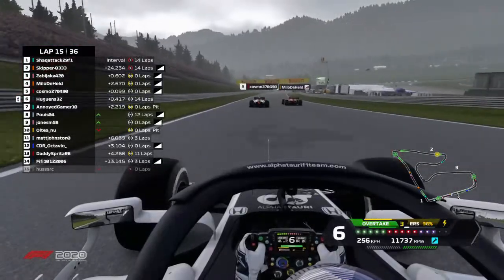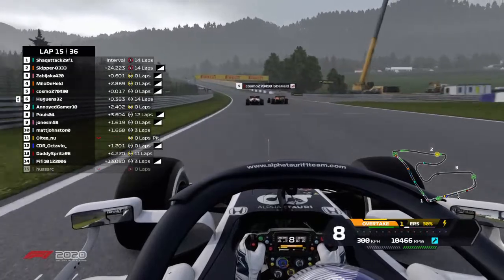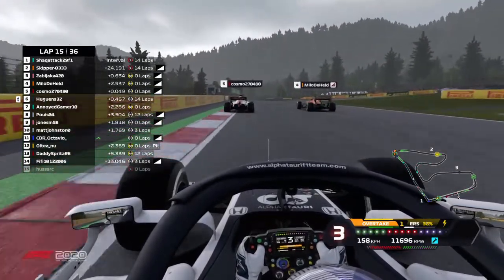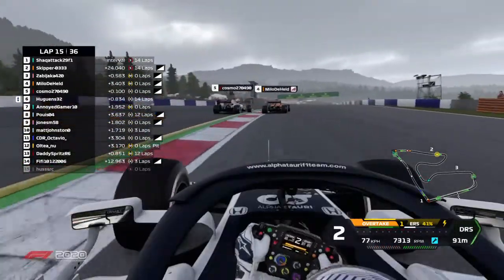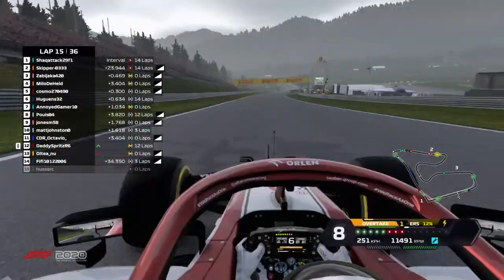And we've got battle straight out the pit lane. Milo and Cosmo going at it. Milo's actually made the undercut work on Cosmo. Oh, just a bit of an awkward coming together there. Milo's on the inside, goes in a tiny bit deeper. Cosmo can't quite get the switch back. I think on those hard tyres he doesn't have the grip, and actually gets sort of shoulder barged a little bit